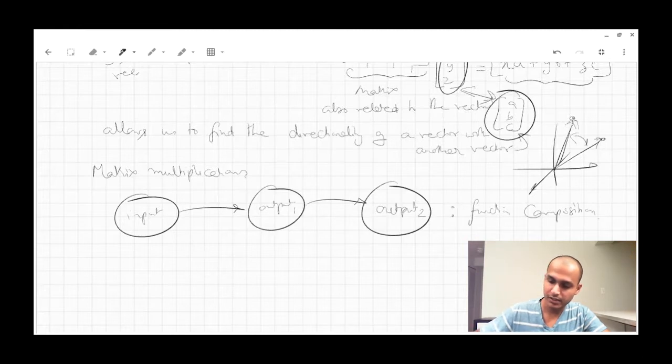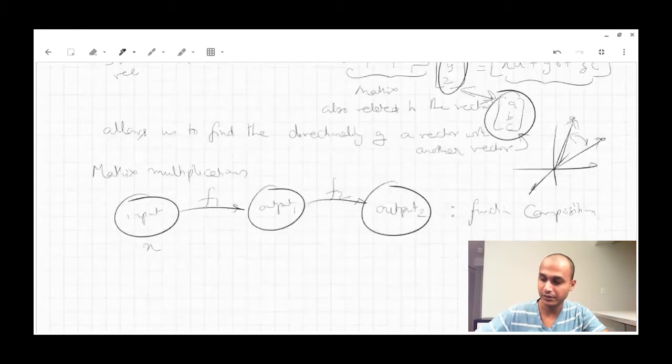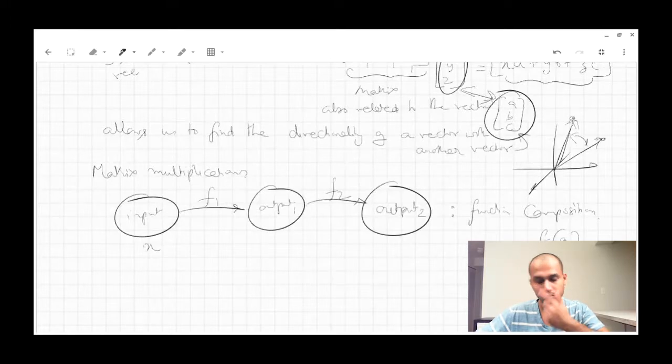Okay, in particular, let's say this is function f1 and this is function f2. Then let's say this input, a generic input, is x, and a generic output we don't have to even denote. So f of x is the function value at x. Then f1 of x would be the function value of function f1 on x. And then we just take that as input to the second function. Okay, this is called composition of functions, where you apply the first function f1 first, and then you apply the